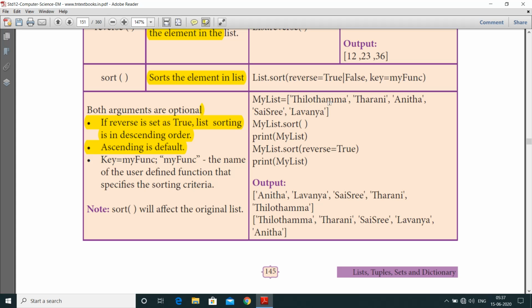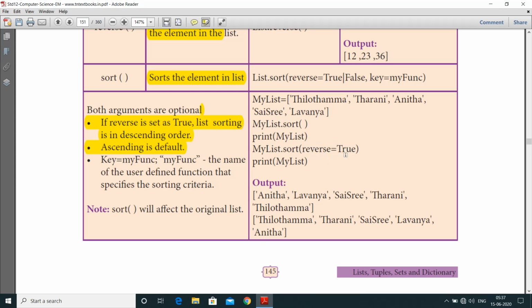my_list = [Tilotama, Dharani, Anita, Saishri, Lavanya]. my_list.sort(). So here my_list.sort() will sort by default and print in ascending order: Anita, Lavanya, Saishri, Dharani, Tilotama. After this, my_list.sort(reverse=True).